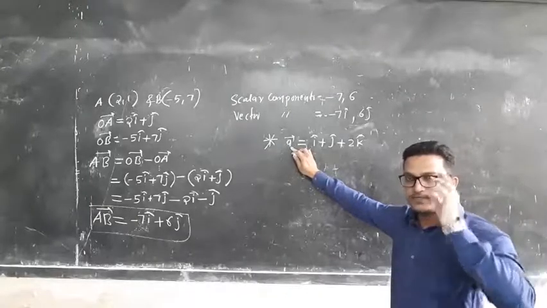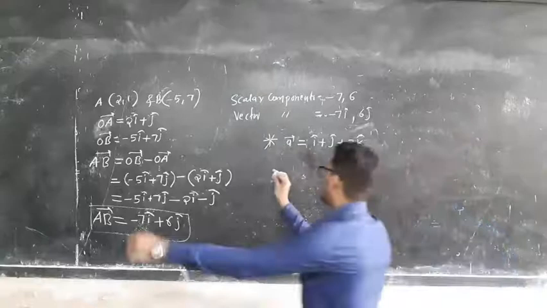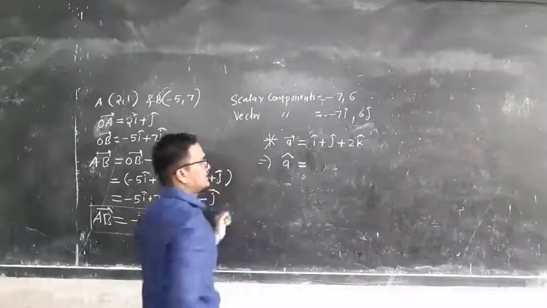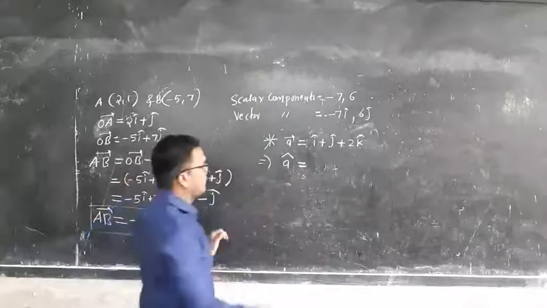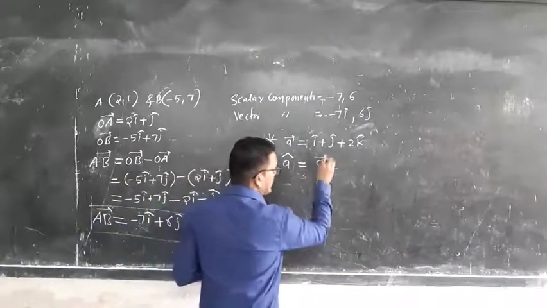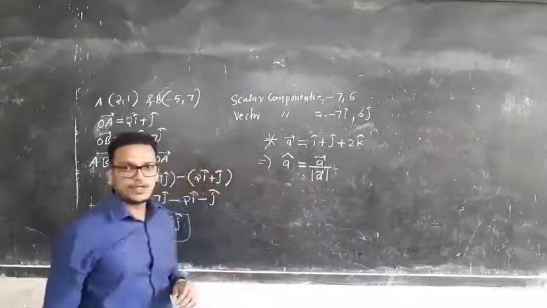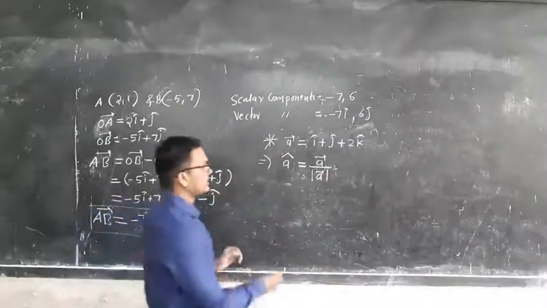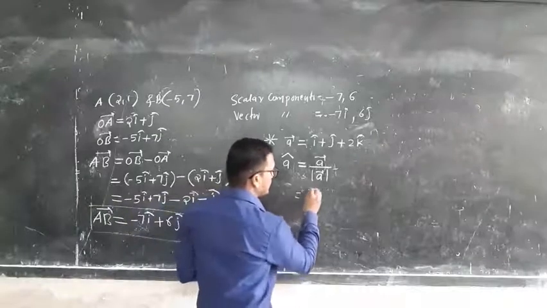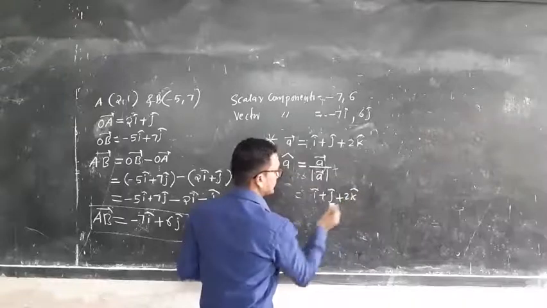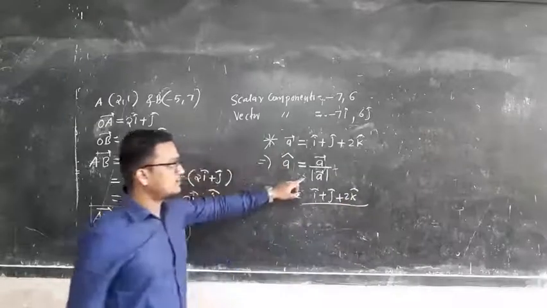In the first video I gave the formula for the unit vector. The unit vector is denoted by a cap, so A cap is equal to vector A divided by the magnitude of vector A. So vector A is i plus j plus 2k, divided by